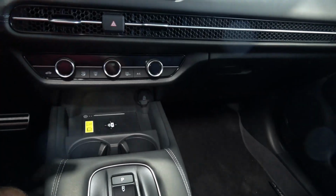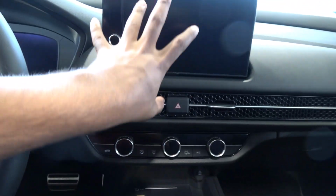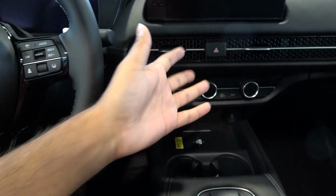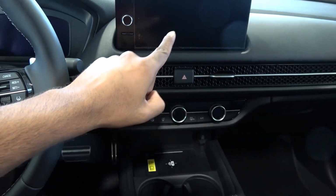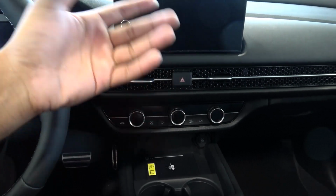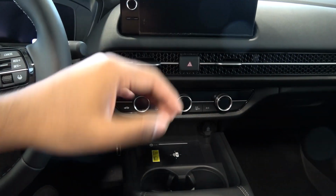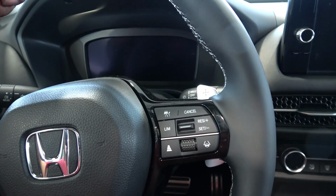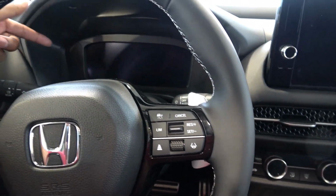So, similar concept to the Honda Civic. Basic climate controls over here, and this would be your infotainment system. And as I've stressed earlier, the interior looks gorgeous, but that small infotainment system is a bit of a letdown. It would be more interesting if it was a bigger screen or something more conspicuous. Digital instrument cluster, guys, looks cool, but then it's just